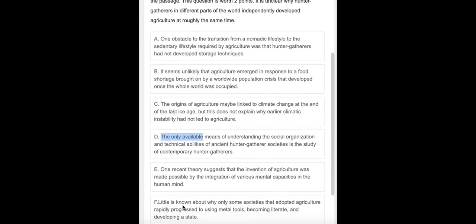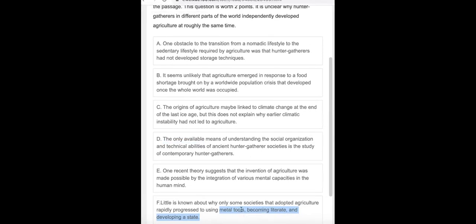Look at this one. Little is known about why only some societies that adopted agriculture rapidly progressed to using metal tools, becoming literate, and developing a state. So this one, I kind of like it because it's saying little is known, right? It's unclear, little is known, that's kind of a match. But if you were to take a bigger picture, like zoom it out, like using metal tools, becoming literate, developing a state,